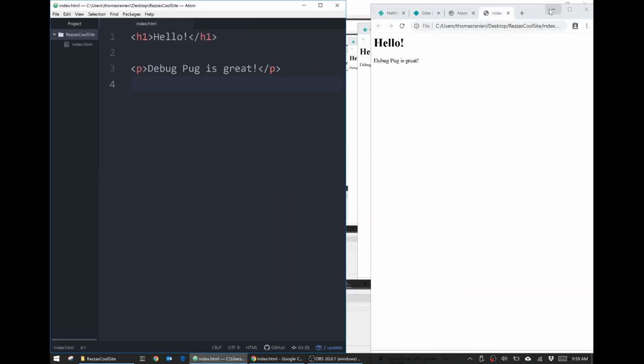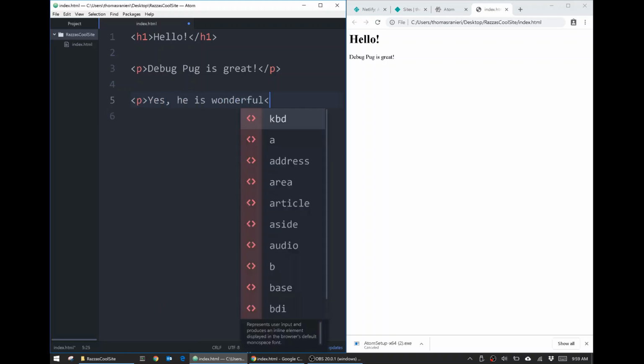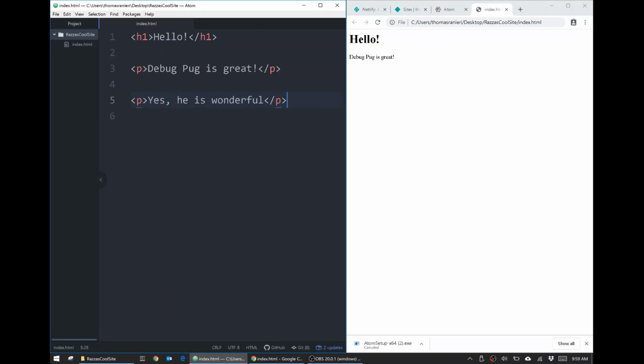That's the wrong thing, isn't it? Oh, on the website, there we go. We can see our code, and we can also see the website. So just resize it so you've got this nice layout. If I change something in here, maybe I'll put another paragraph to say, yes, he is wonderful. There you go, /p. Notice that whenever I open a tag, this is a paragraph tag, I also close it